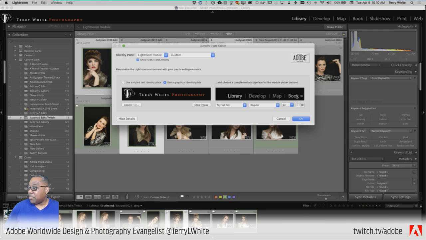So I saw a couple questions come in already. Locurus Lil is asking, in the slideshow, can you create a slideshow in video? Absolutely. You can make a slideshow using your photos. You can have music or not. And then you can export that slideshow out as video. So absolutely you can do that.